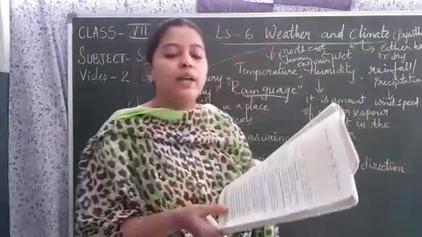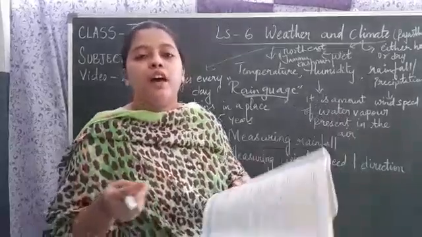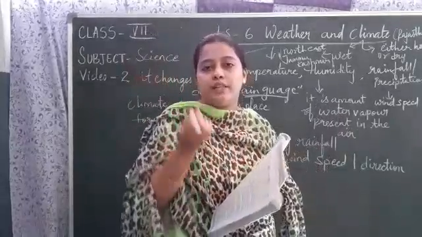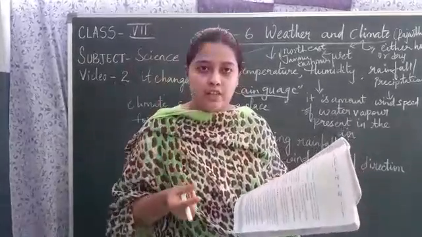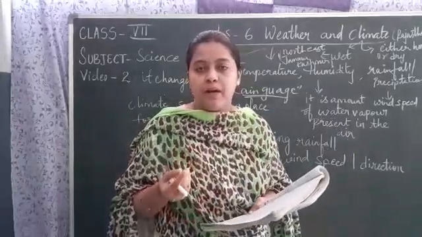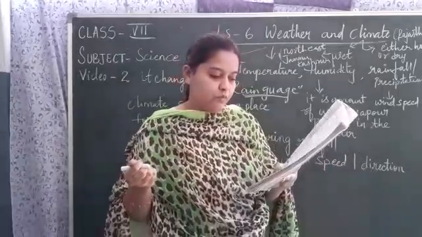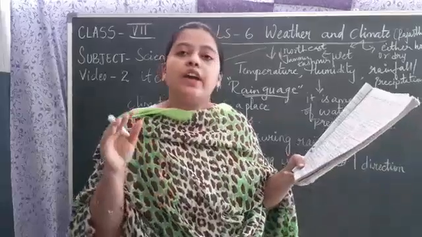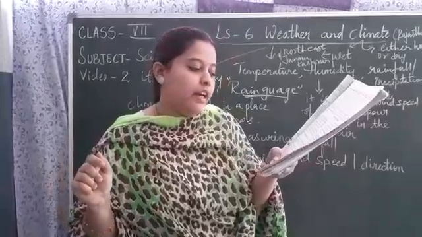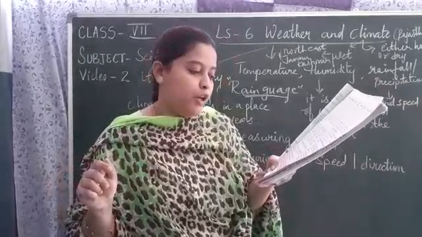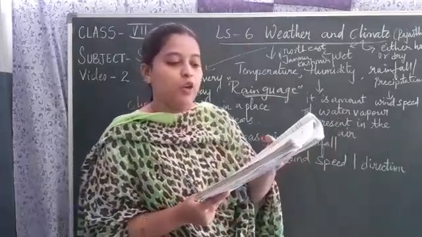Now let us do activity number 2. There is an experiment to find out about humidity, how it is getting humid. It is one small experiment. You must take 10 ml of water in a test tube and heat it on a Bunsen burner, or you can take a candle also and heat it on the candle. When water is heated, what does it change into, children? Water vapor. The water vapor enters into the air. In the same way, seawater changes into vapor due to heating by the sun. The quantity of moisture in the air is the humidity of the place.